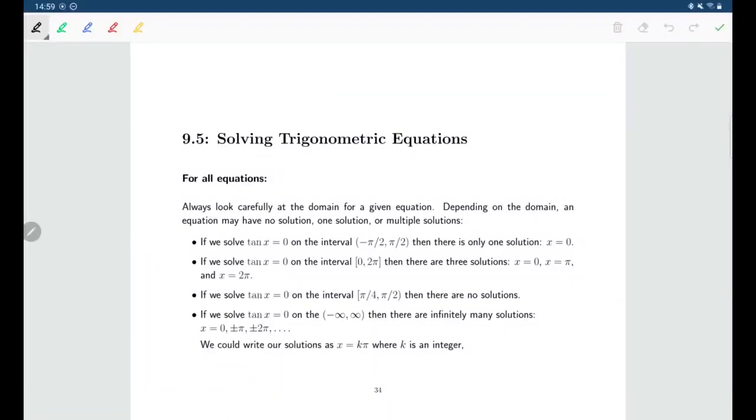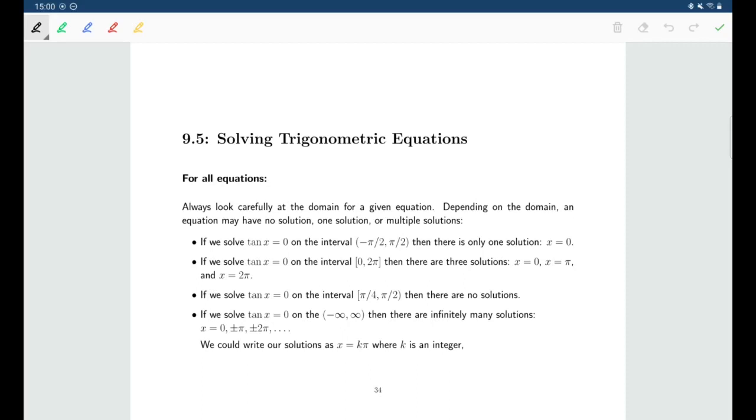Welcome back. In this section, we'll be looking at solving trigonometric equations. That's any equation where we've got one or more trigonometric functions in it. Now, we're going to have to be careful for any of these problems to look at the domain that we've been given, because depending on where we're looking for our solutions, we might find one solution or multiple solutions or